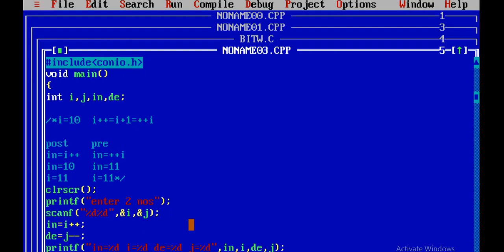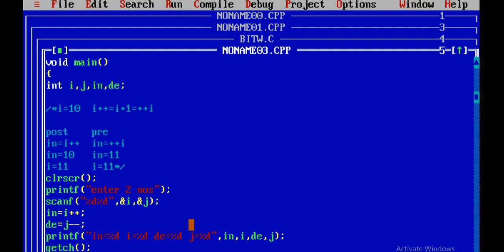Now getch. According to our explanation, what will be the value of i? For example, I enter two numbers as 10 and 20. Now i will be 10, j will be 20. First 10 will be assigned to in, and i will be incremented to 11. So in contains 10, i contains 11. Now j is 20, so 20 will be assigned to de.